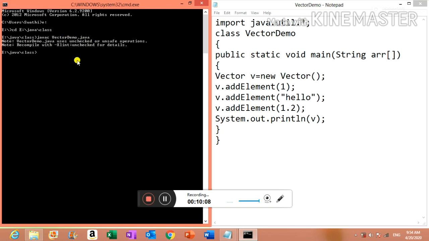So see here, your program is successfully compiled, but here you can see two notes like VectorDemo.java uses unchecked or unsafe operations. We'll discuss these notes at a later point. These notes are probably because while creating the vector object I haven't included the generics, right? Generics and all, we'll discuss later. So these are not errors, keep that in mind.